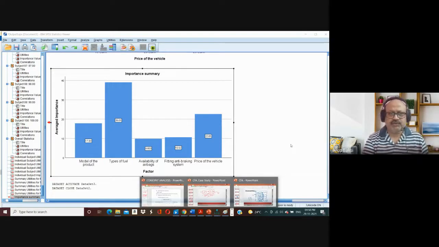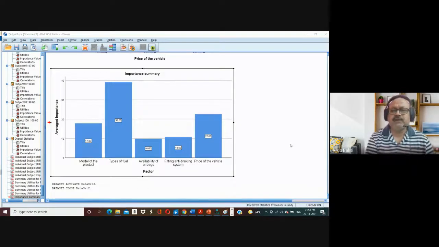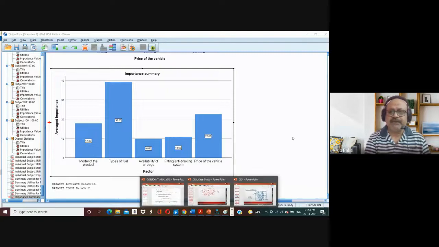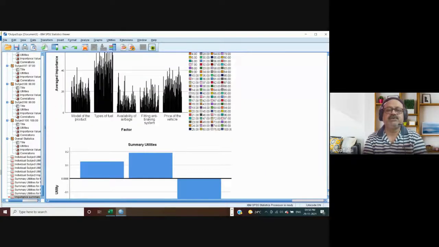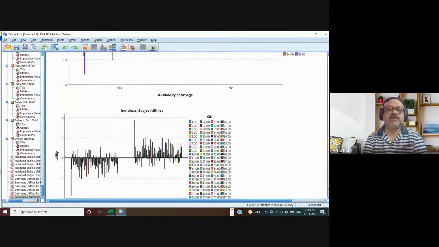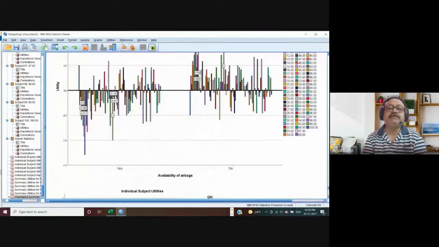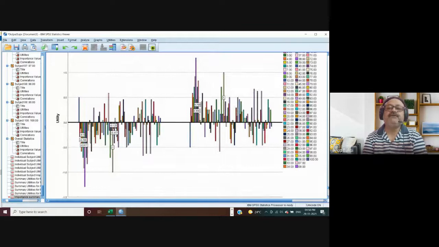Unfortunately, I couldn't show you the live streaming of the code. Perhaps I have written it in a wrong way. But anyway, I had this saved version, so I could show you. This is the nature of the output. And you can use these utility graphs in your journal paper also. In a PhD thesis, you are supposed to include all these things,